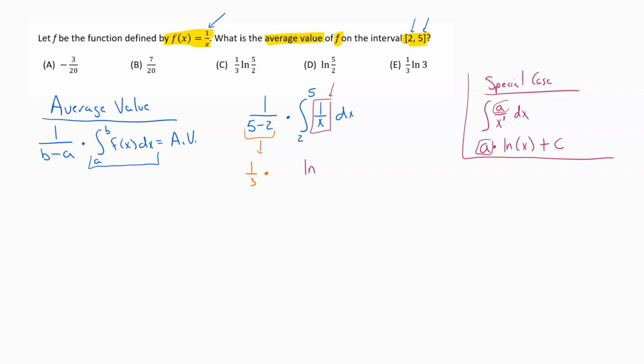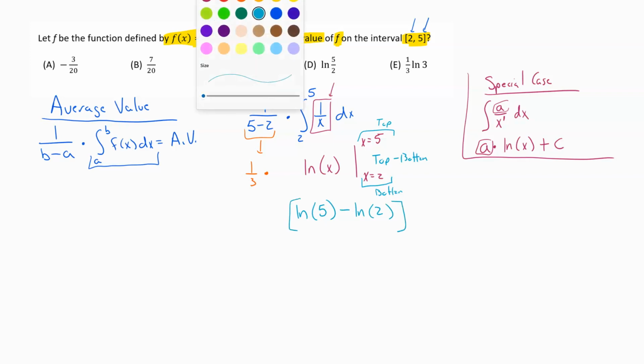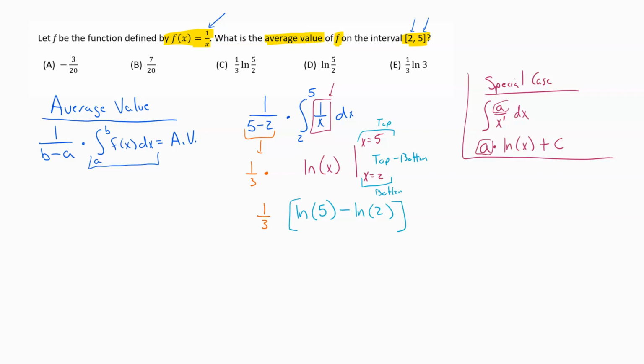So this would be the natural log of x, and then you would say evaluated from x equals 2 to x equals 5. From there, I do what I call top minus bottom. So this is your top minus bottom process for handling definite integrals. I take the top value, plug it into my formula, and subtract off the bottom value plugged into that formula. So this would be the natural log of 5 minus the natural log of the bottom value, which is 2. The thing to keep track of here is that all of that answer is still being multiplied by our 1/3